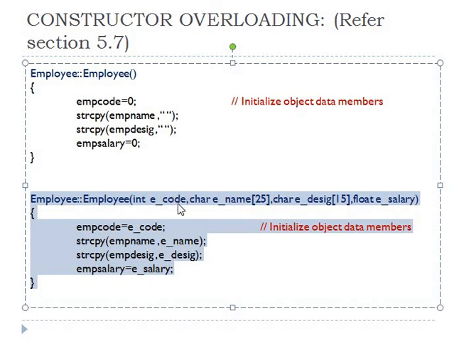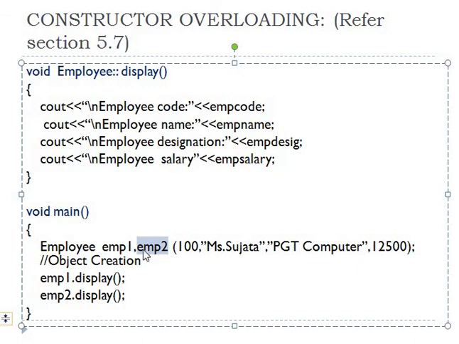The value 100 from the parameter eCode shall be assigned to the data member emp code. The value Miss Sujata from the parameter eName shall be assigned into the data member emp name, and the value PGT computer from the parameter eDesig shall be assigned into the data member emp desig, and lastly the value 12500 from the parameter eSalary shall be assigned into the data member emp salary. So now all these values from these parameters assigned into the data members are specific to this particular object only,